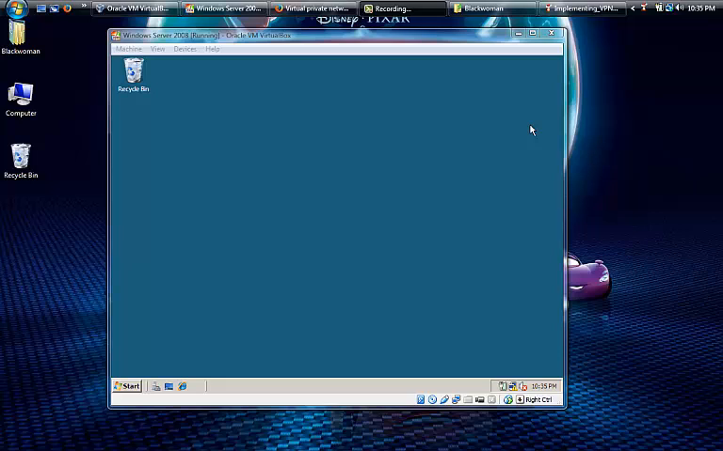Today I'm going to implement a VPN, which is a virtual private network. It extends a private network across a public network such as the internet. I will click on Start,